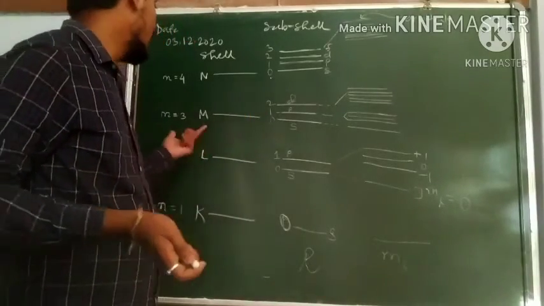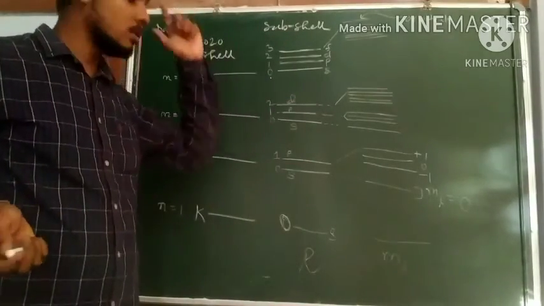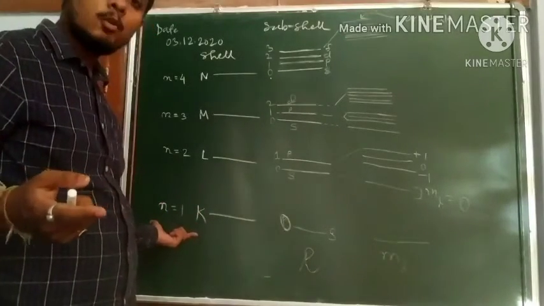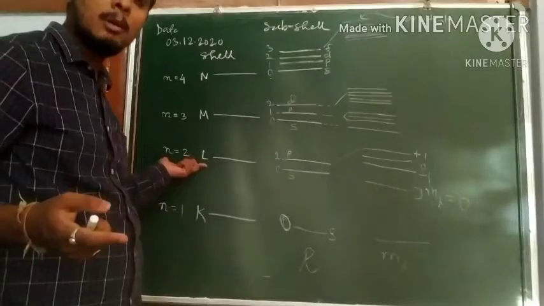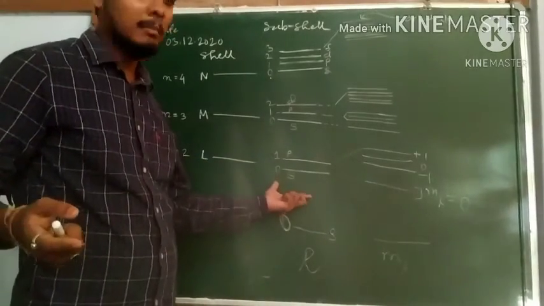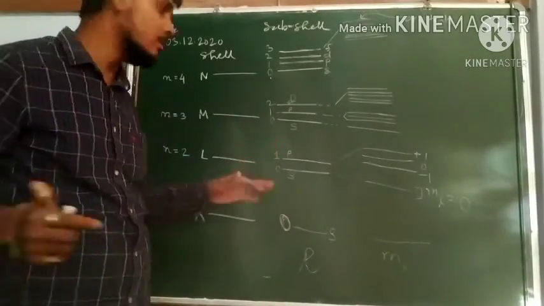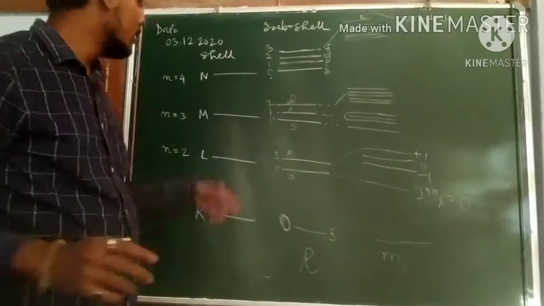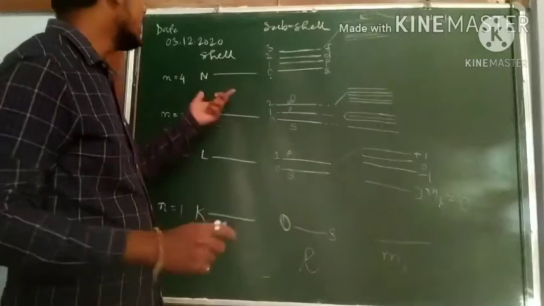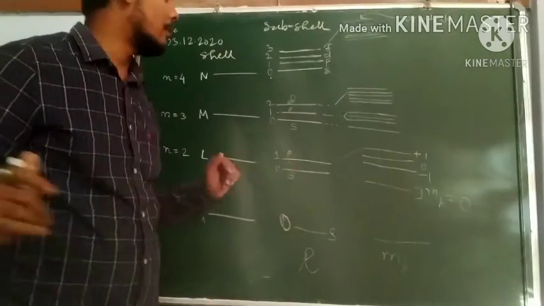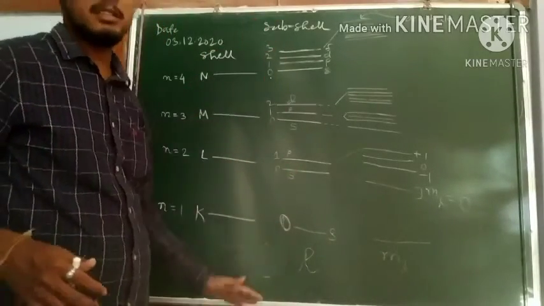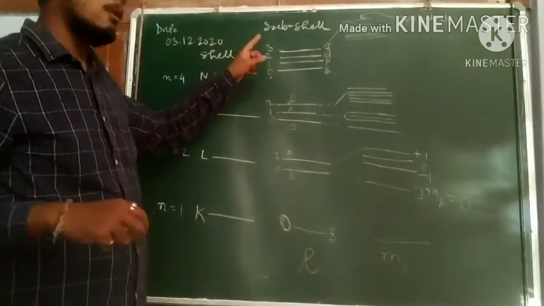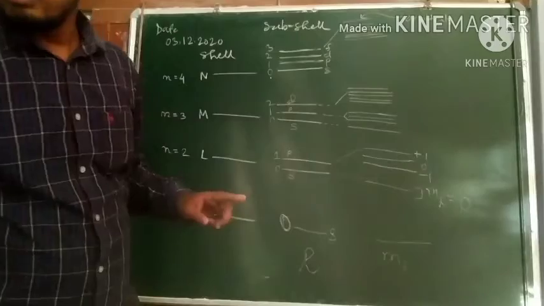And from where do I get the D subshell? So from M shell I will start getting the D orbital. So from K shell I start with the S subshell. From L shell I start getting the P subshell. Below L, I do not get the P subshell. From M I get the D subshell. That means below M, I do not get the D subshell. From N I get the F subshell. That means below N, I do not get the F subshell. So these are the different subshells that are contained in a particular shell, and we have used the values of L to find them out. Okay.